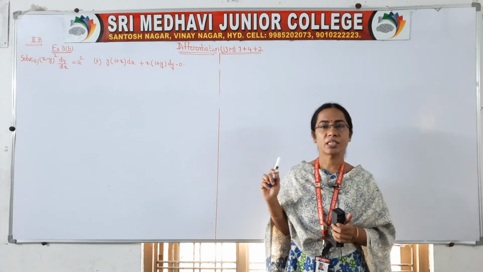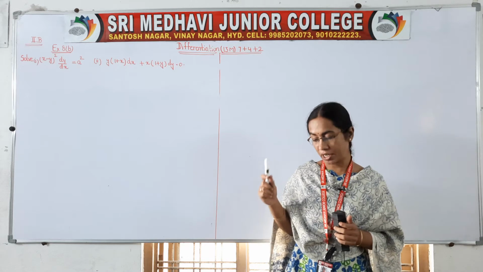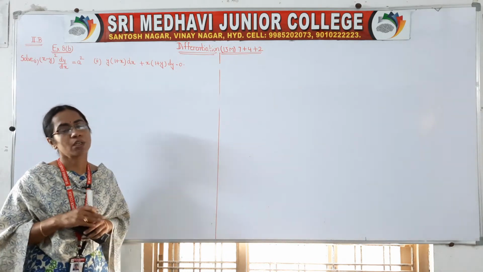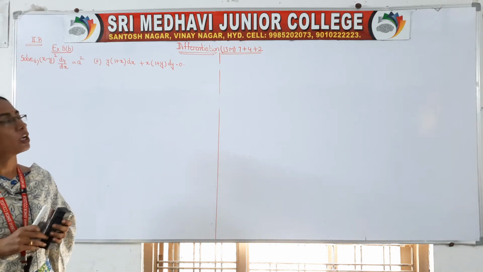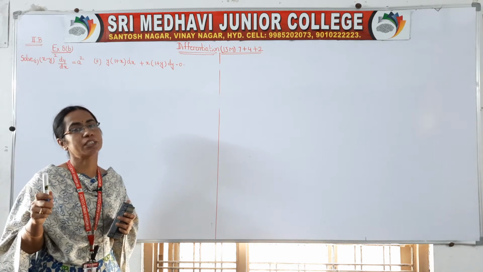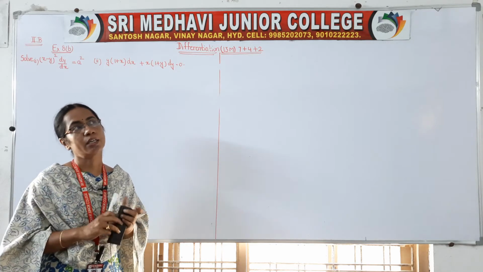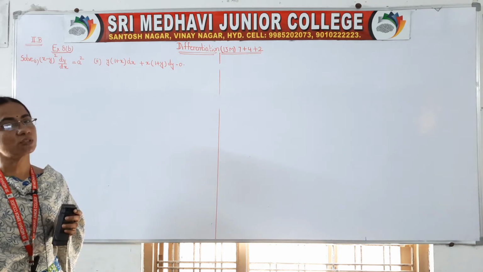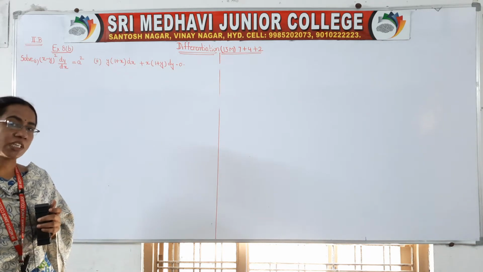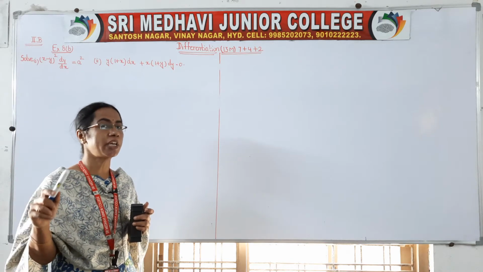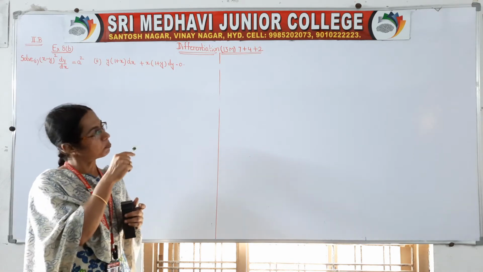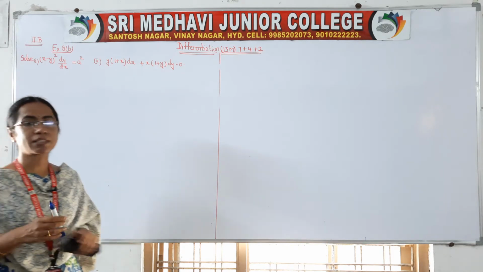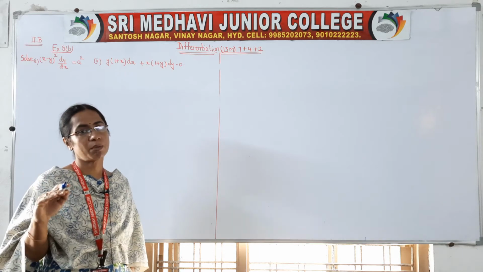So we are dealing with differential equations, in that again the variable separable method. From this topic you have 2 marks questions, 4 marks questions, and 7 marks questions. Mostly the 2 marks question will be to find degree and order, and to form the differential equation. They will give one equation in terms of constants and ask you to form the differential equation so that those constants are eliminated, right. Sometimes simple variable separable problems can also be asked for 2 marks, and in 4 marks and 7 marks, variable separable method only.